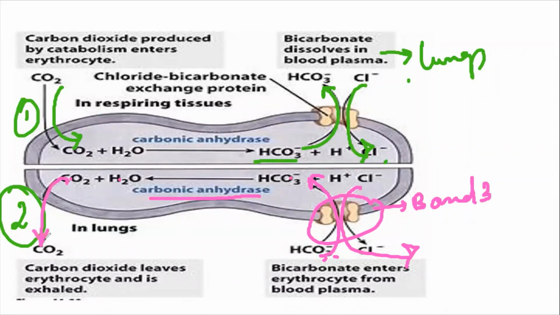This CO2 will be exhaled out. It will leave the RBC and it will be exhaled out from our nose or mouth. Okay. So this is how your CO2 is transferred from respiring tissues to the outside. Is it clear to everyone? So where exactly is your band 3 playing a role? At this level. Okay, so if we are talking about 1 RBC, then 2 times the band 3 is helping in the exchange of bicarbonate with the chloride. So can you remember? If you remember this figure, that is more than enough.